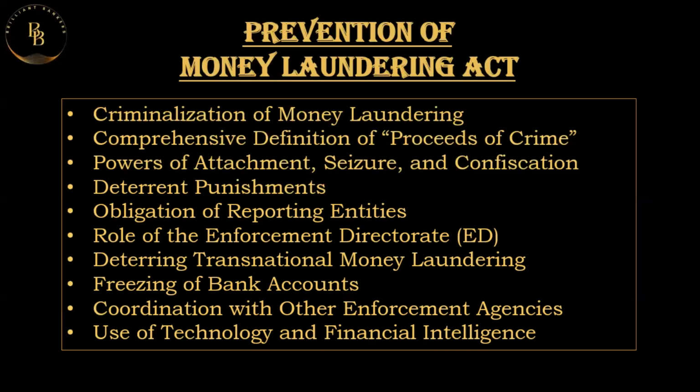In the case of seizure of property, if it is proven in court that the property is the proceeds of crime, the property is seized and can be confiscated by the government also. For confiscation, once a government order is passed, assets involved in laundering activities can be permanently confiscated, effectively disrupting the financial base of the criminal enterprises. This process ensures that criminals do not benefit from illicit gains and reduces their financial influence in the market. Deterrent punishments.